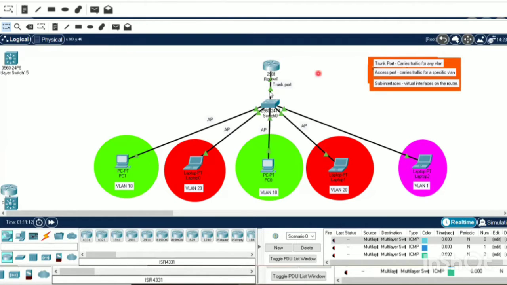Here you can see we have two VLANs, VLAN 10 and VLAN 20. The green color that you are seeing is VLAN 10 and the red one is VLAN 20. In VLAN 10, we have two PCs. In VLAN 20, we have two laptops. And VLAN 1, which is the default VLAN, we have a laptop here. So I'm going to configure access ports for the ports that connect